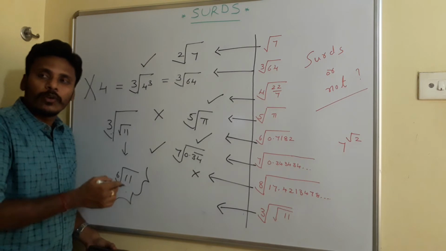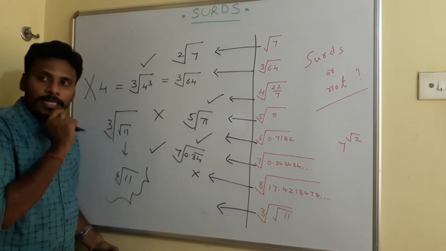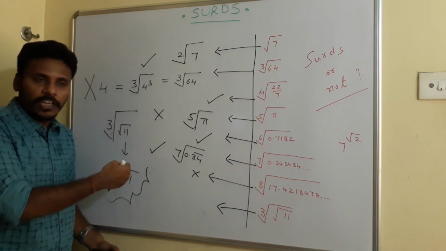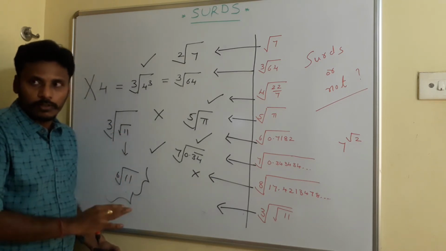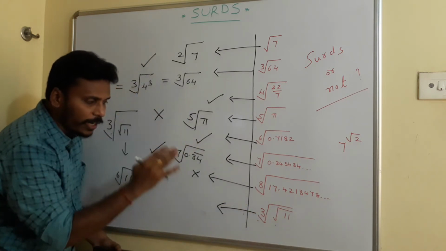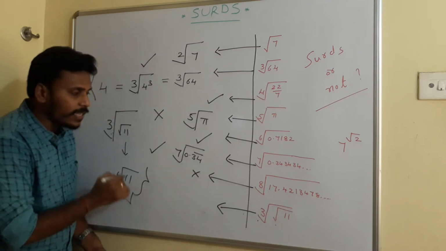So before deciding whether something is a surd, you need to check three conditions, and if there is any simplification related to those conditions, just go with the simplification also, right? So this cube root of square root of 11, if you directly check, it fails, but on simplification it becomes sixth root of 11, then it is a surd.